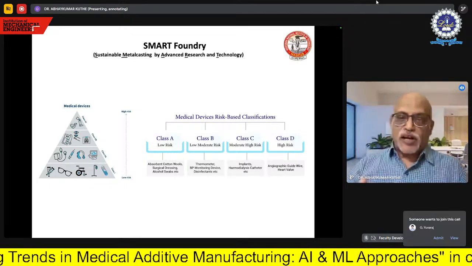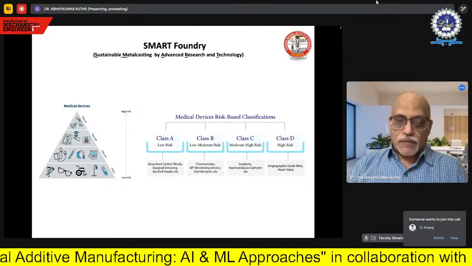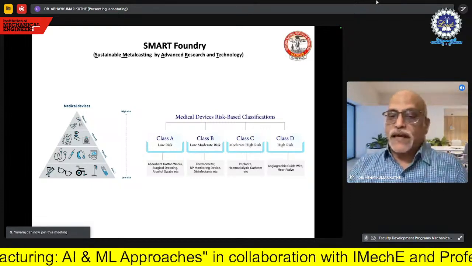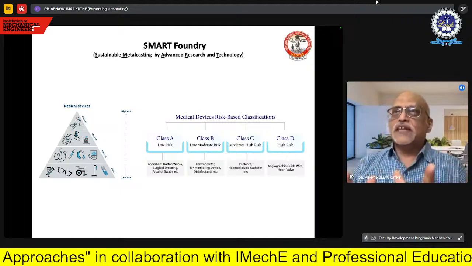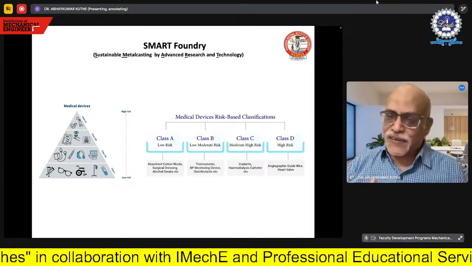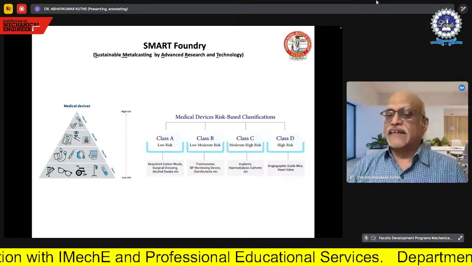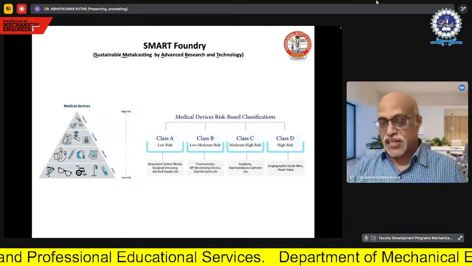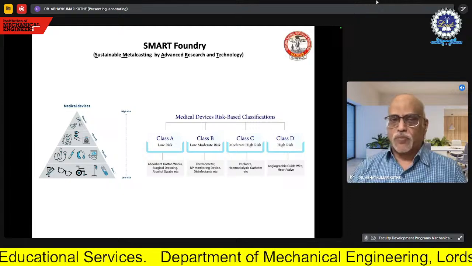So medical devices, as I already mentioned to you, are classified into various groups like class 1, class 2, class 3. But here you will find that they are A, B, C, D. This is actually the Indian classification, while 1, 2, 3 is the international classification. So it is one and the same. The only thing is that class C and class D devices, as I already mentioned, are clubbed together as class 3 devices at the international level. They are all high-risk devices, which are actually implanted into the patient body.